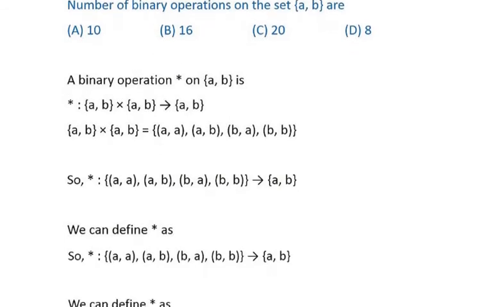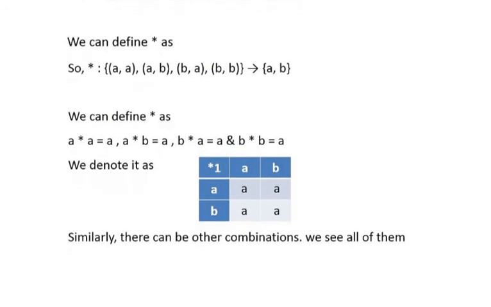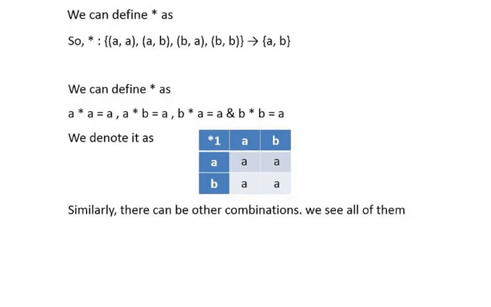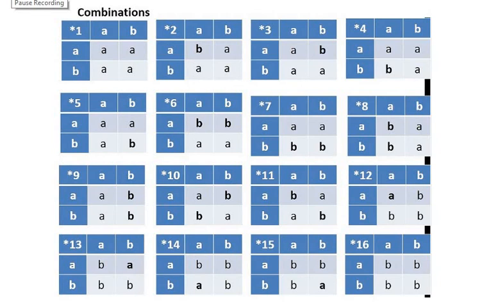Now we want to find the number of binary operations. So how many binary operations will be there? If I make a table here, this table will look like this. So one can be this way. Here you can see a total of 16 possible, but how can you derive the formula? To derive the formula, we have this figure. This image will help you understand why we are getting 16 possible binary operations.